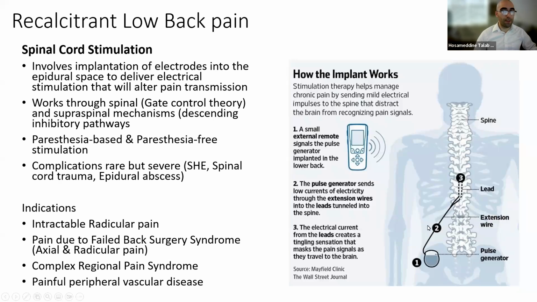And so here are the leads we see in the graphic. There's an extension wire and a battery-powered pulse generator that's implanted under the skin. This is something that can be offered to patients with intractable radicular pain. Also, patients with pain due to failed back surgery syndrome, which can be axial or radicular pain, complex regional pain syndrome, and painful peripheral vascular disease. It's mainly used in Europe, not so much here in the US, but for intractable radicular pain and pain due to failed back surgery syndrome, spinal cord stimulation